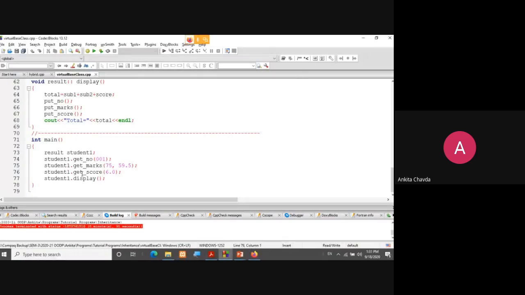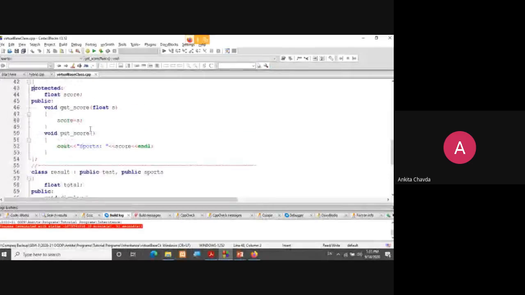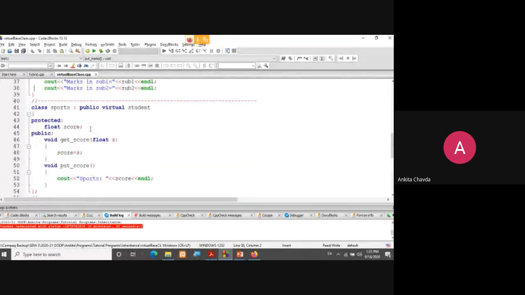If I'm not writing virtual, maybe I'll get the error, maybe not. If it has a different definition, then I won't get any kind of error. So to avoid that, I'm writing virtual.